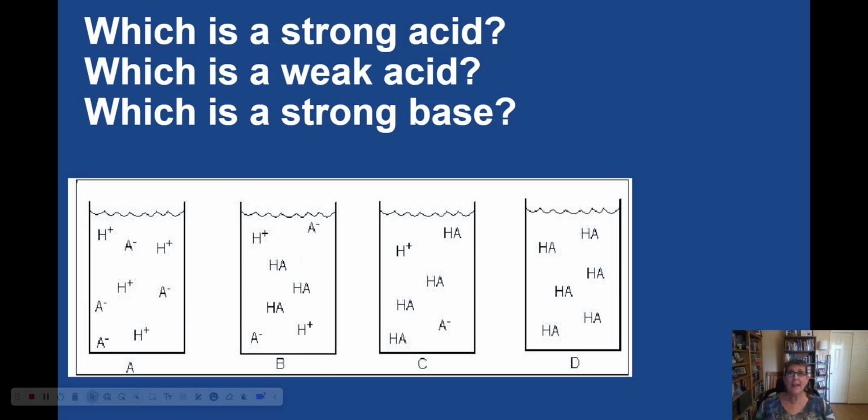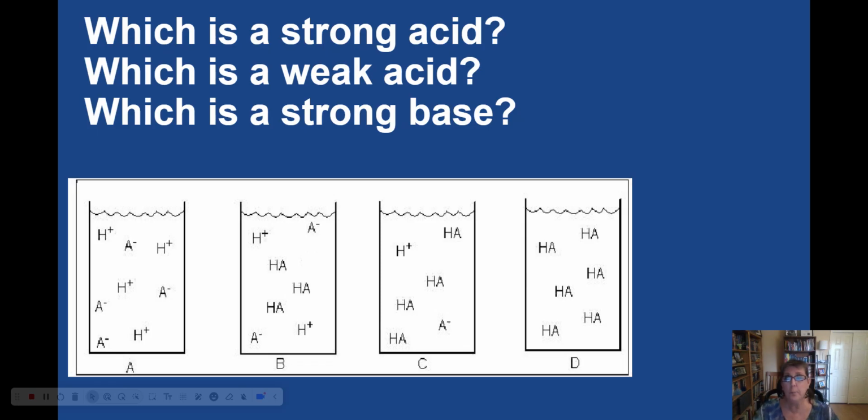This is our second video for Chapter 8 on acids and bases. So here's our next example problem because we love beaker drawings. So here's some generic beaker drawings with hydrogen and A minus. A can be anything. It's just the rest of the compound. So it's just a generic compound.